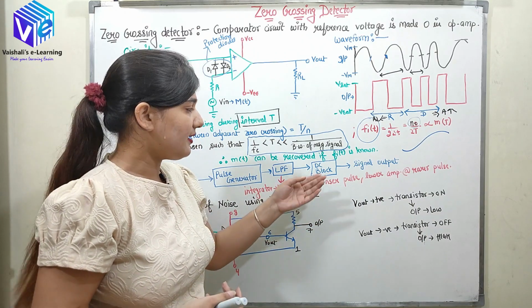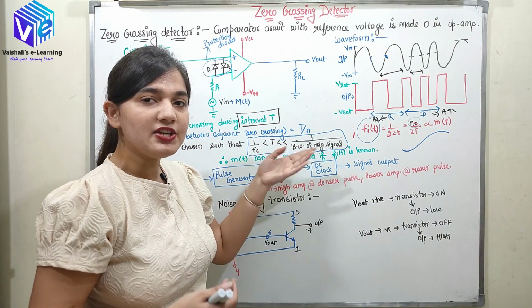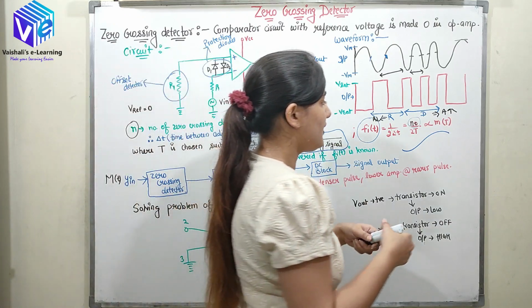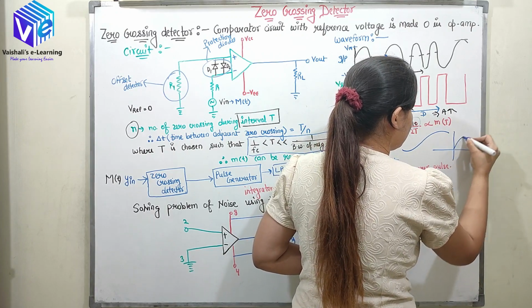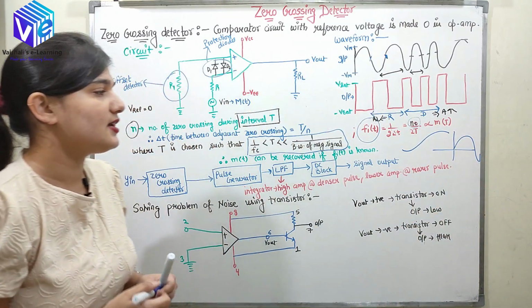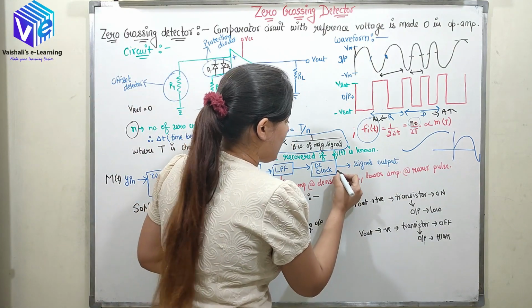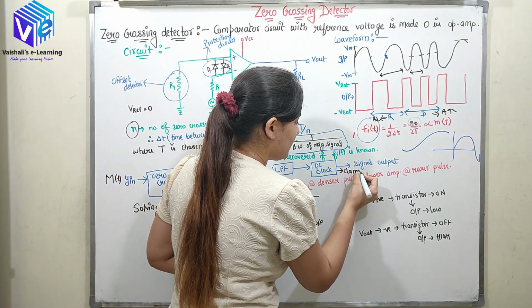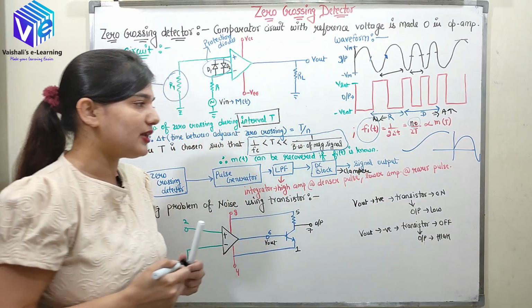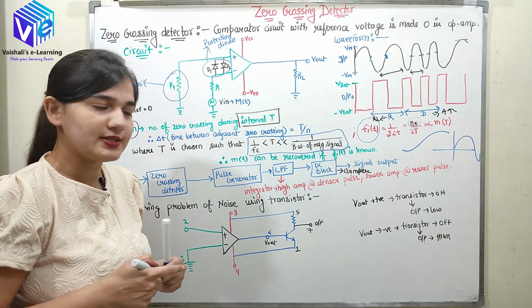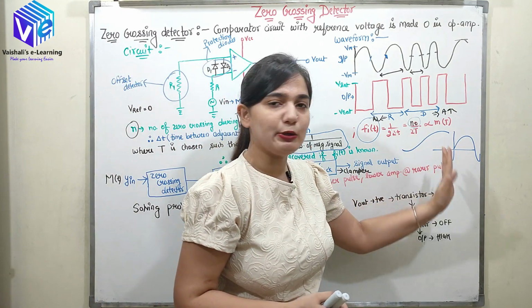So the DC block is acting as a DC shifting circuit, so it can shift the message signal from a higher value to the 0 axis. So I'll be getting output here at the 0 axis. So it's just like a clamper circuit. So I'll be writing it here. So it is acting as a clamper circuit which is shifting the signal from upside to the downside, or downside to the upside, to find it on the 0 axis.